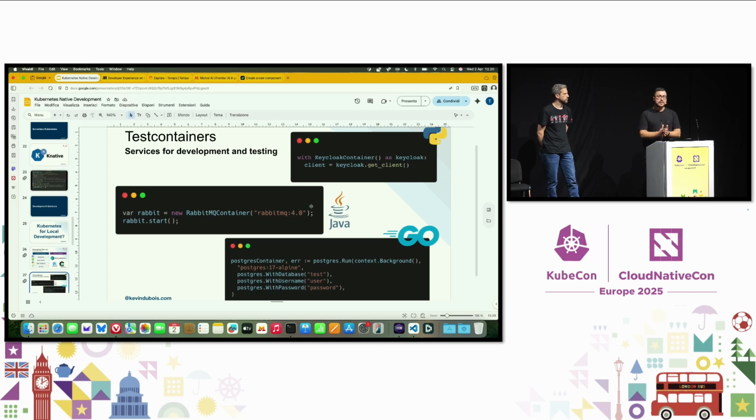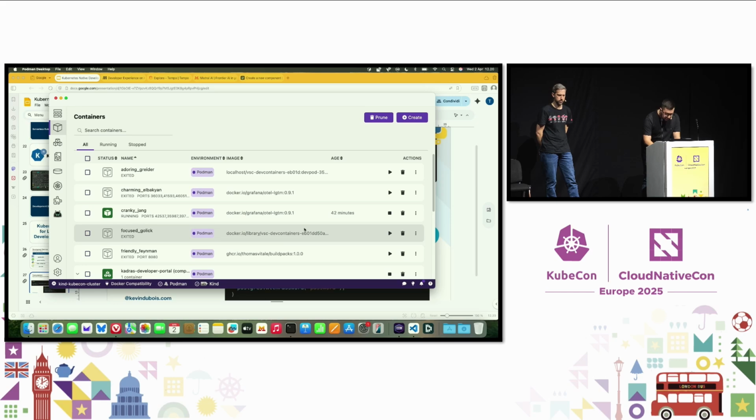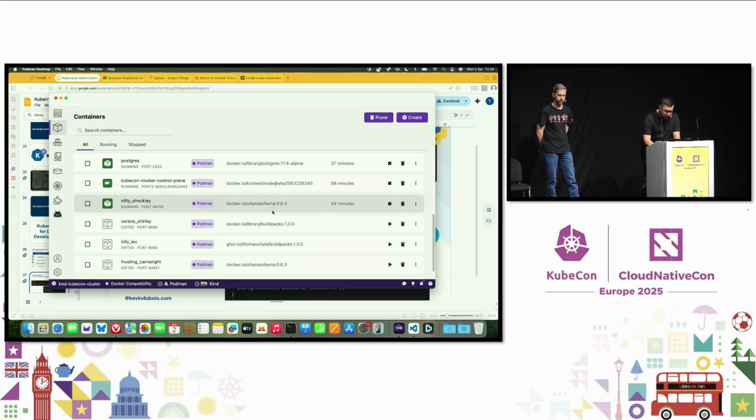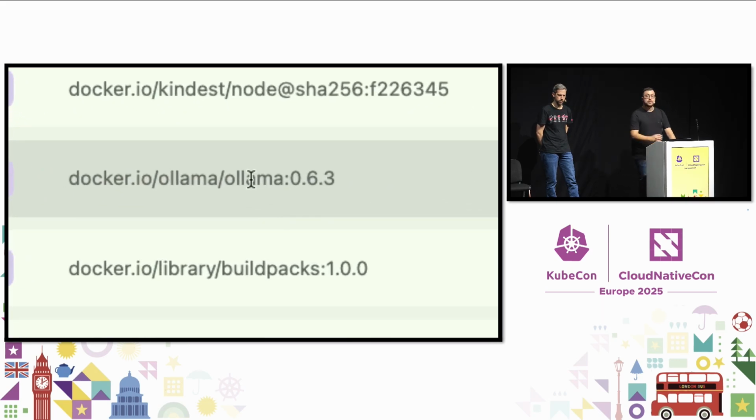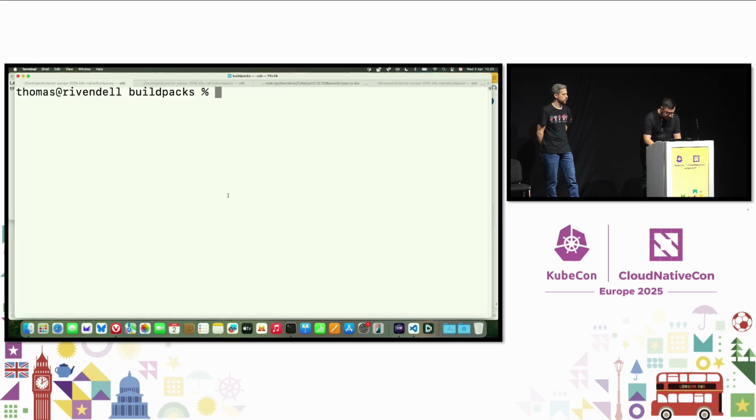Now, Ollama is a way that you can run large language models locally. There's lots of talks about AI at this conference, so what I'm doing here is integrating my Java application with AI models. And I can show you, if I go in the container section here, we can see that there's an Ollama container that's provisioned by Testcontainers. So when I start the application, I don't just get my application up and running, I also get Ollama. So if I now go and test the application,